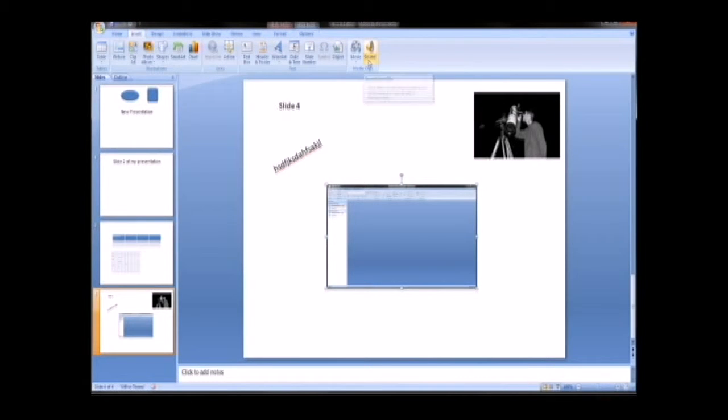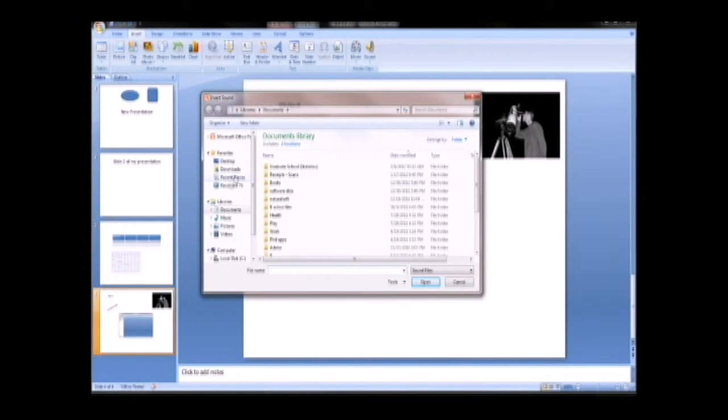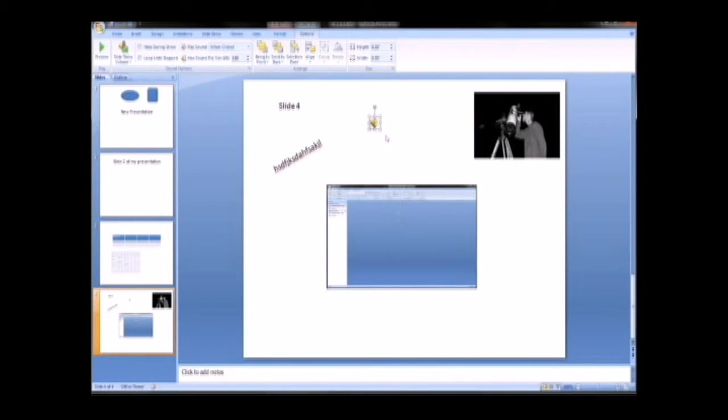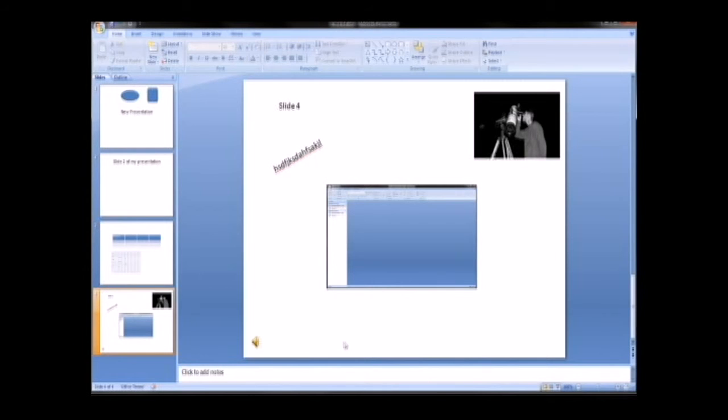The fourth thing you might want to add is music. So under insert, sound. Okay, you can add a sound file, a music or MP3 file, or I know clip art has some options with sound, but here you would just say sound file. Find your music, and it'll ask you again, like the movies, do you want it to play automatically when the slide comes up with the presentation, or do you want it to play when clicked? Again, maybe I'll choose when clicked because I want more control. This gives me a little symbol here. Maybe I'll drag it to the corner, and when I click it during the presentation, it will play the MP3